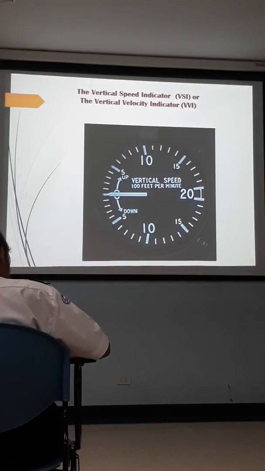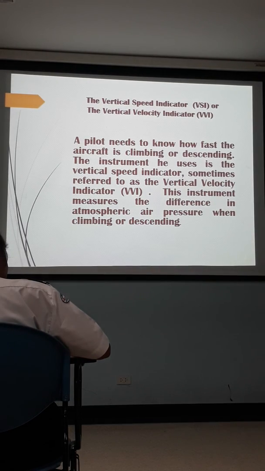Class, if you climb up too fast or too slow, an accident can happen, so we need to know this information. The vertical speed indicator, VSI, or vertical velocity indicator, VVI, or rate of climb: a pilot needs to know how fast the aircraft is climbing or descending. The instrument he uses is the vertical